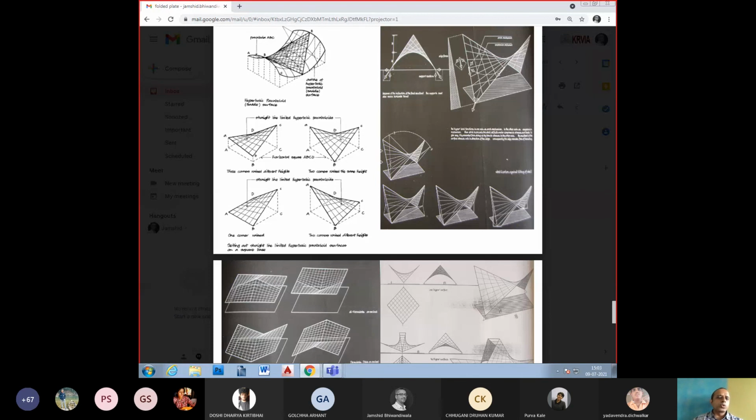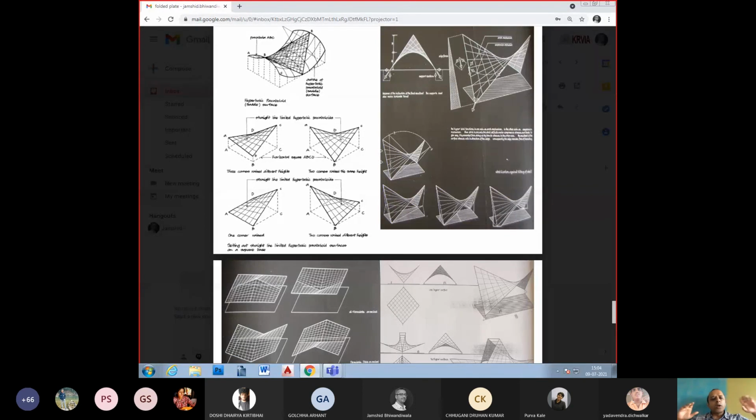Now this is very useful for multiple reasons, not just structurally, but even from a construction point of view, which otherwise seems almost, you start wondering how to build the shuttering for this geometry, how to do it and so on. These kinds of geometries help in setting out many of these hyperbolic paraboloids. If you look at it, all the lines are straight lines. It is just by the twist of it that the curved geometry is achieved.